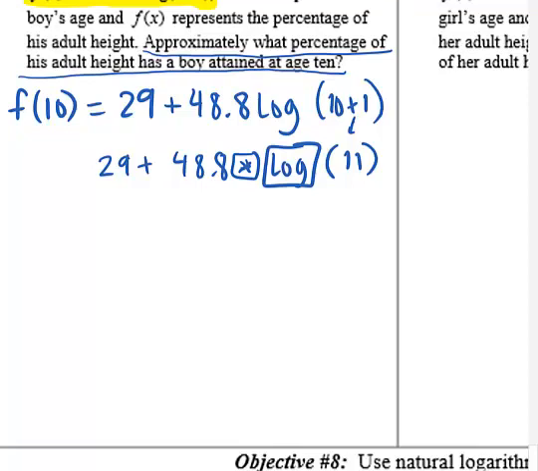I can do that all at once, it's not too bad. 29 plus 48.8 times log of 11 equals, and I get about